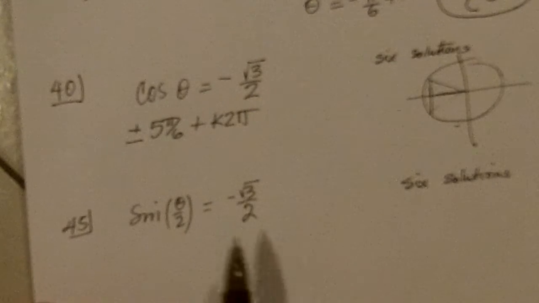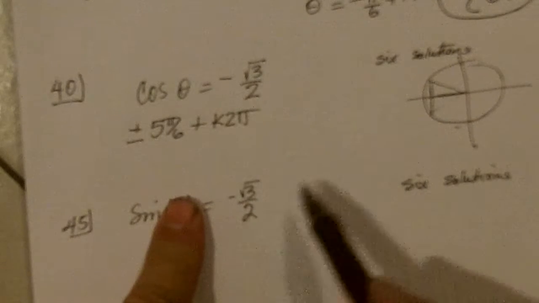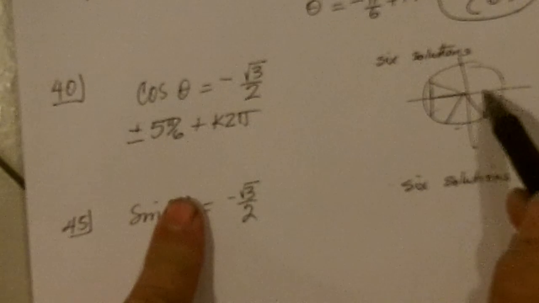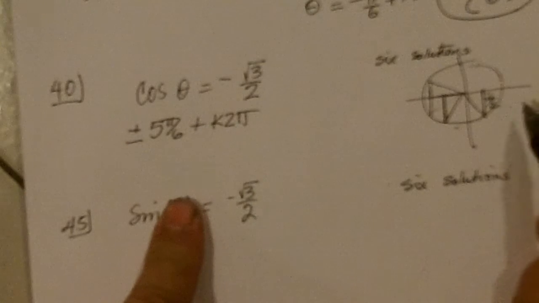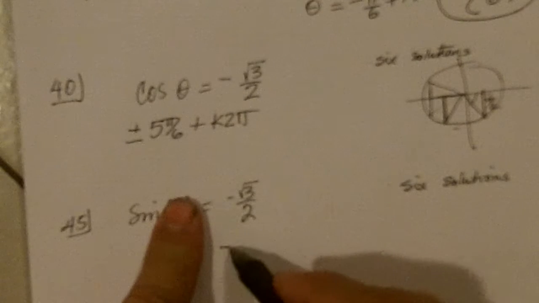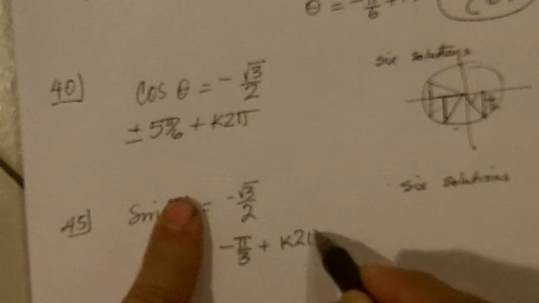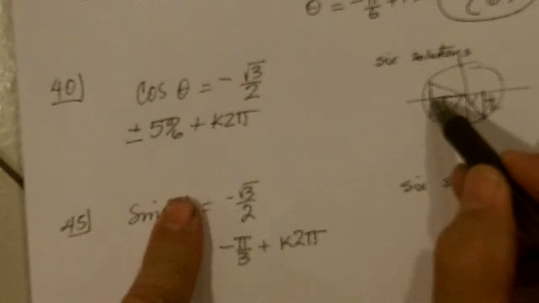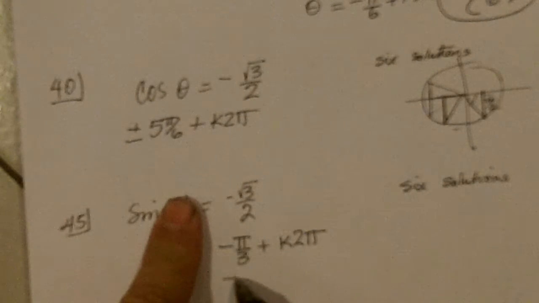45, we're supposed to get 6 solutions again. So we say to ourselves, sine of what angle is negative square root of 3 over 2? Well, sine is negative down here. And if we want the sine to be the y coordinate negative square root of 3 over 2, that would be at negative pi over 3 plus k2 pi, and also at pi minus pi over 3, which is minus 2 pi over 3,